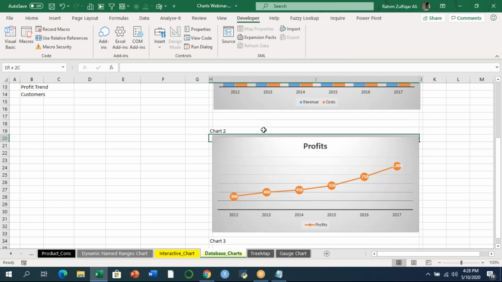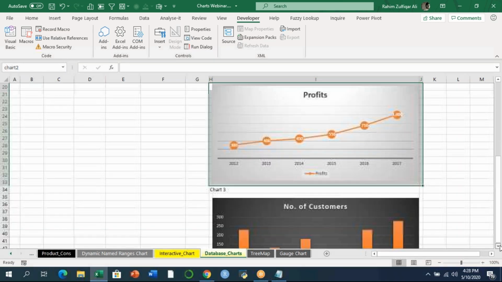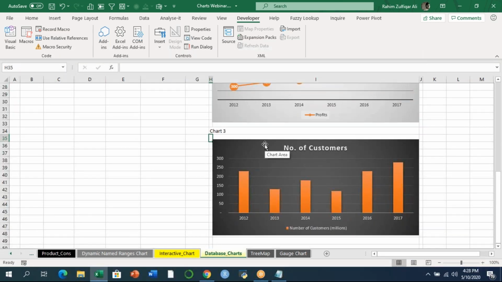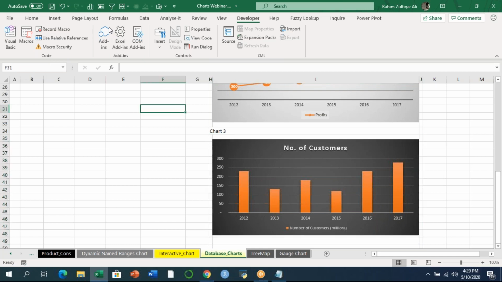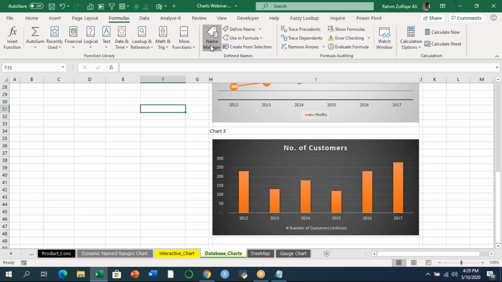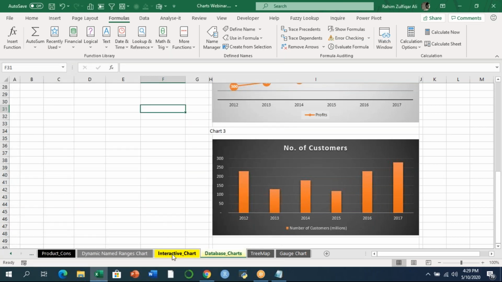For chart number 2, I will select that area, go to the name box and write the name chart 2. For chart 3, I will select that entire area, go to the name box and write the name chart 3. If I need to check that, I can go to the Formulas tab, click on Name Manager, and you can see here that the name ranges chart 1, chart 2, and chart 3 are created. Okay. The next part,